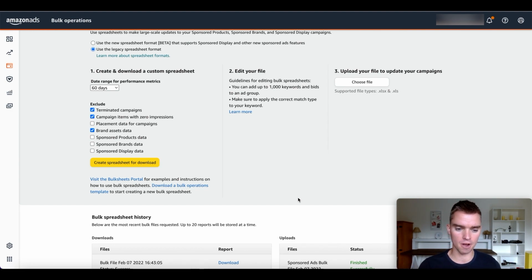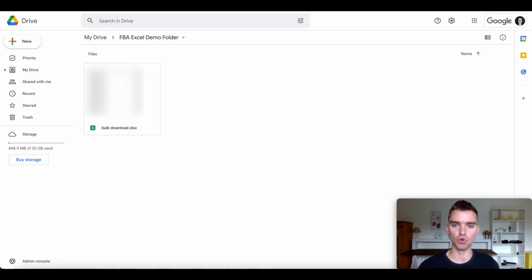So like we said, step 1, like you've already done, go ahead and create the spreadsheet for download. Once you have it, go ahead and download that file. And once you download it, the next thing you're going to do is create a Google